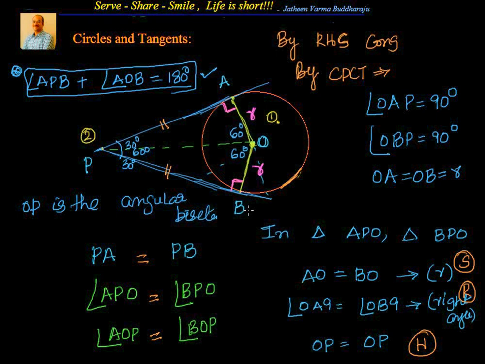We started with understanding what a tangent is. Then we saw how many tangents I can draw to a circle, and we focused on a specific scenario from an external point. How many tangents can you draw? Two. Then what is the relation between those two tangents? That's what we explored, and we understood by using RHS congruency that those two tangent lengths are equal. So now let's do some simple examples based on this concept.